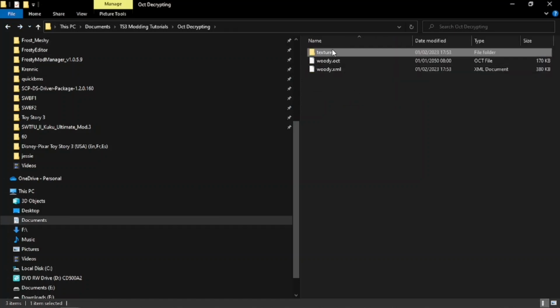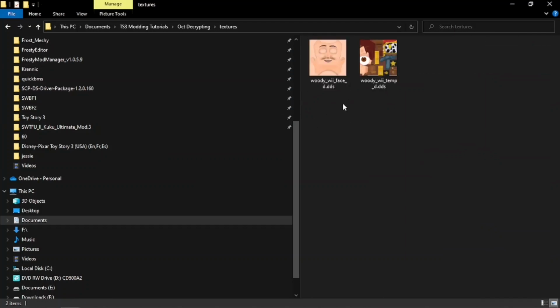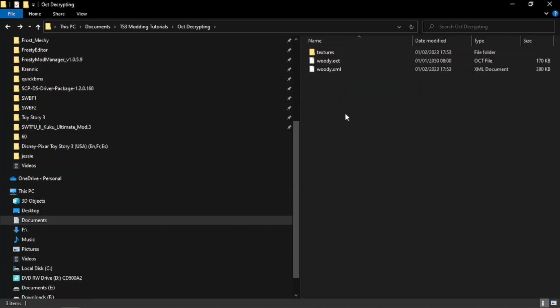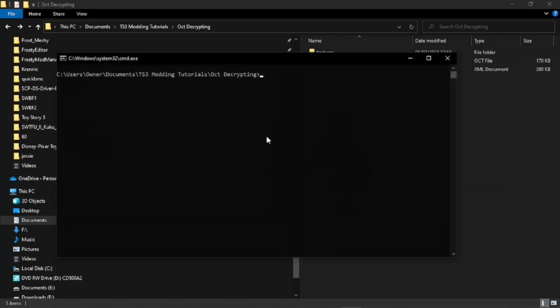Let's say, for example, we've done some texture edits. Of course we haven't here, but let's just say we have. We can now re-encrypt the XML into an OCT file. So that way we can put it into the game and use it. In that case, just open up your command menu. And the code is very similar here. I'm going to type python -m c2 tools